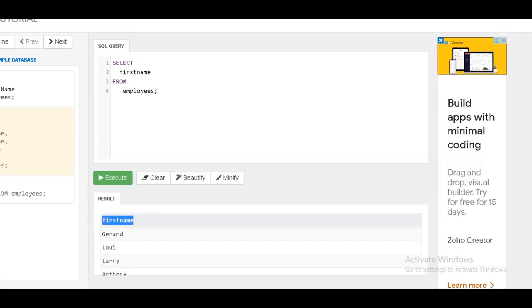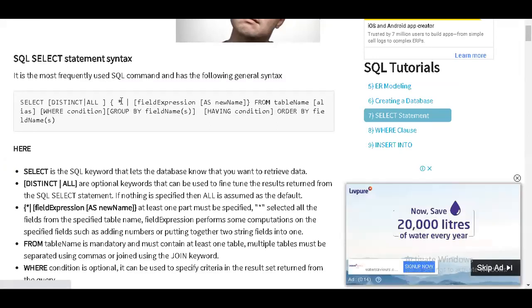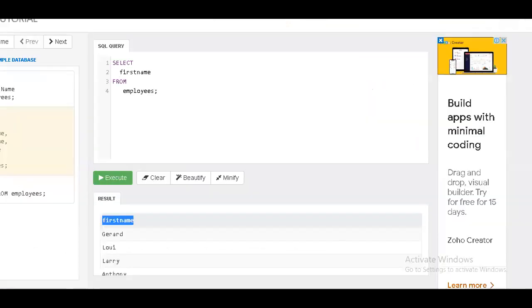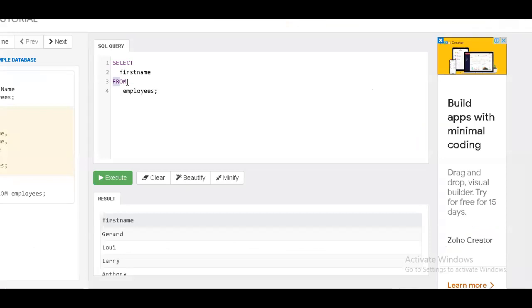So if you see the syntax, as star I have taken, so when I take star, all records get displayed. If you want only one field, then I'll go for the single field. Okay, so field expression. Then the from keyword has been used with the table name, single table or multiple tables. I can go with this.